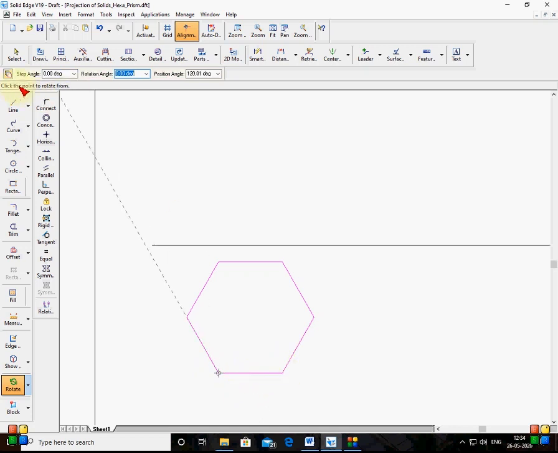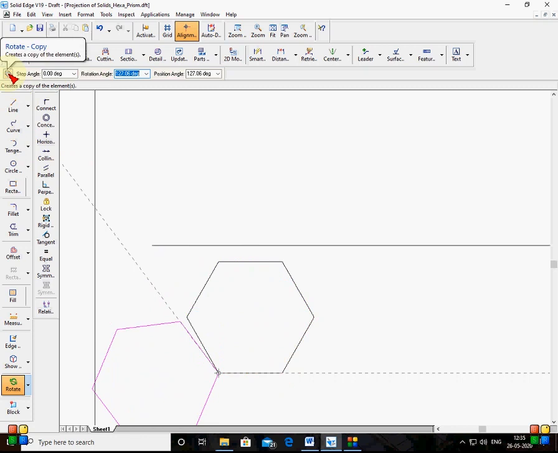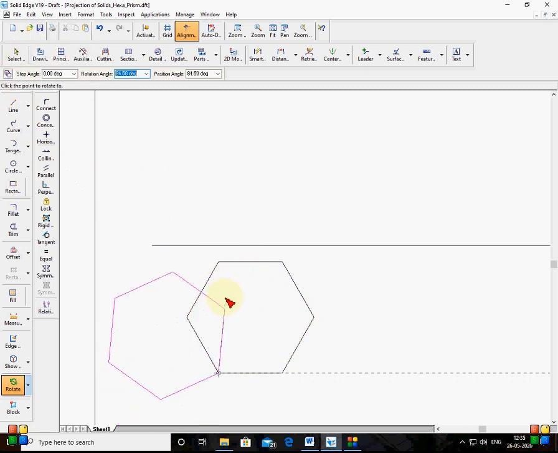Start of rotation here. It is asking for the point to rotate from, where you want to rotate. So I'll choose this end of the line as my start of rotation. That means I'll choose in this way. I'll make it vertical like this. See, you can see here, this is vertical. Before positioning it, you have to make sure that the copy option is off, because you don't want the original figure. That's why you have to make it vertical like this.